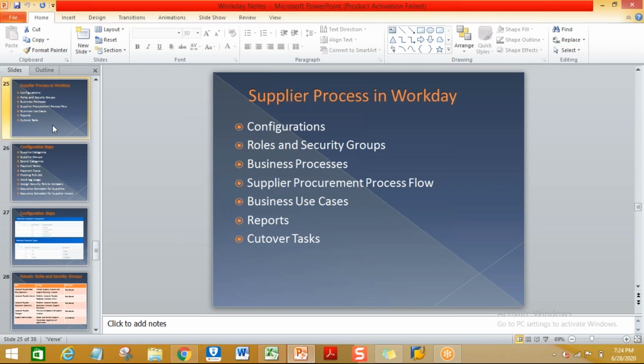Currently Workday has solutions only for finance and HCM payrolls. They still don't have complete solutions for supply chain, logistics, and some other industry specific areas.